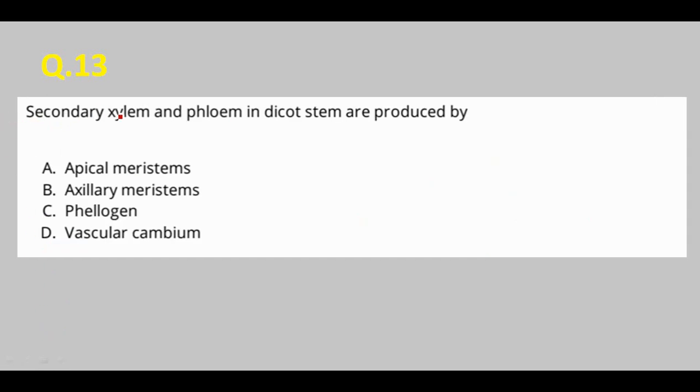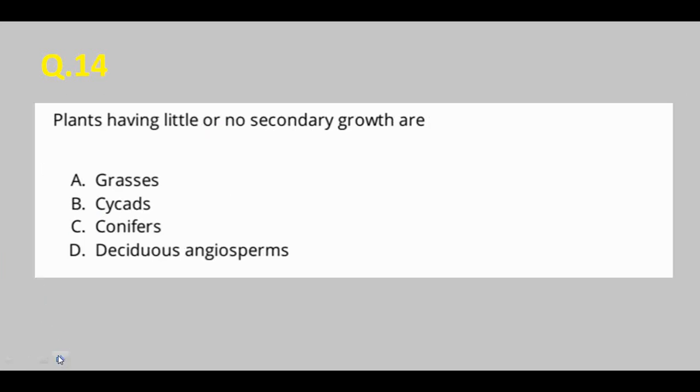Next question: secondary xylem and phloem in dicot stems are produced by, it's again a direct question. The answer is going to be vascular cambium. It's a direct question. And the last one is: plants having little or no secondary growth are,